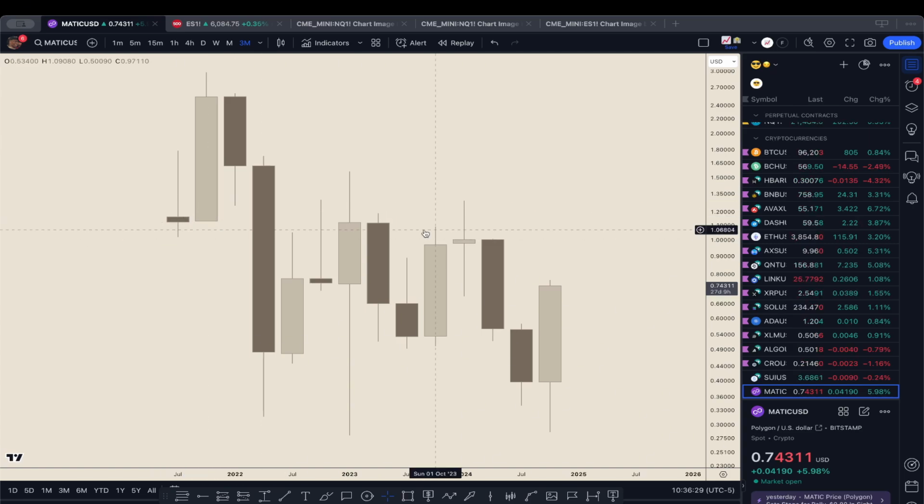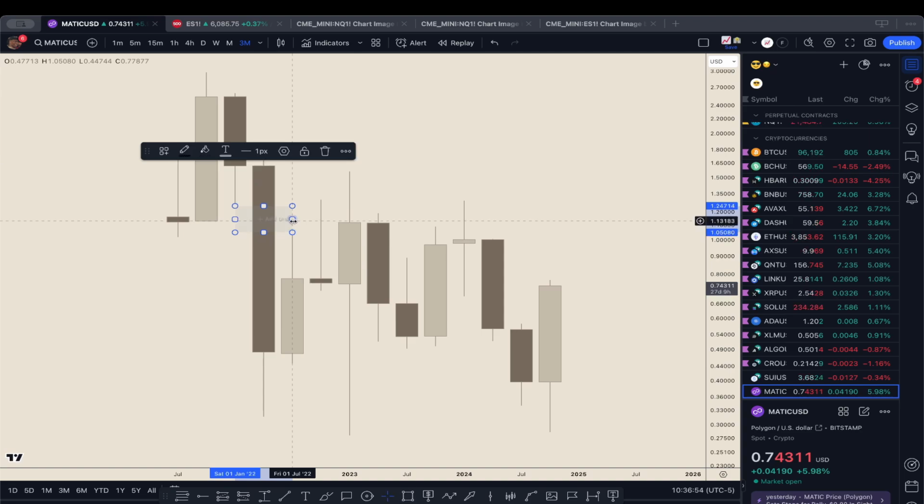All right, first things first, I don't like what I'm seeing on Matic, and I'm going to show you some things to watch out for that can make this thing really bullish. But right now, it's not in the best position, and I'm going to explain some things as to why I think that. So here on the 3-month chart, the very first thing I noticed